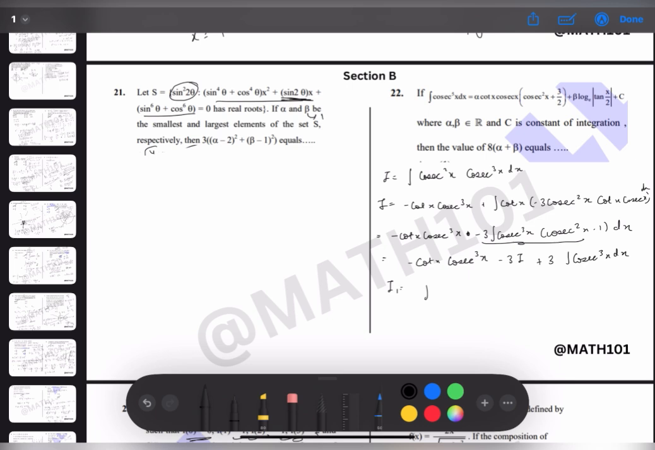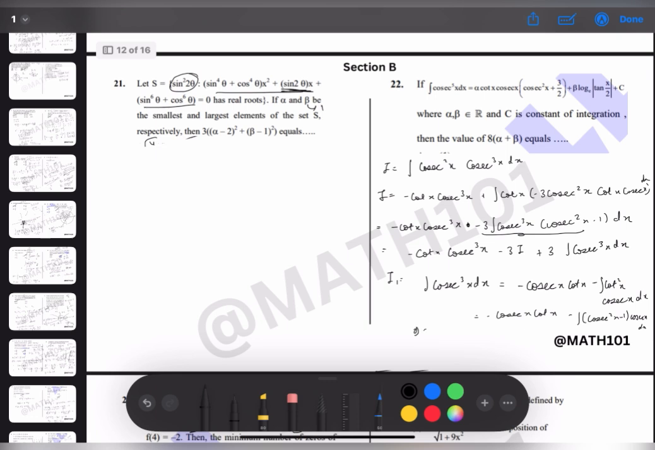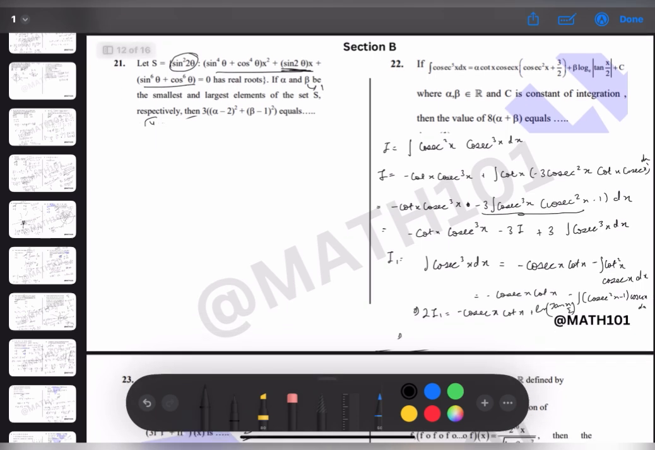So let's say I1 equals to integral of cosec cube x dx equals to minus cosec x cot x minus integration of cot square x cosec x dx, which is equals to minus cosec x cot x minus integration of cosec square x minus 1 into cosec x dx, which implies 2I1 equals to minus cosec x cot x plus ln tan x by 2. Which implies I1 equals to